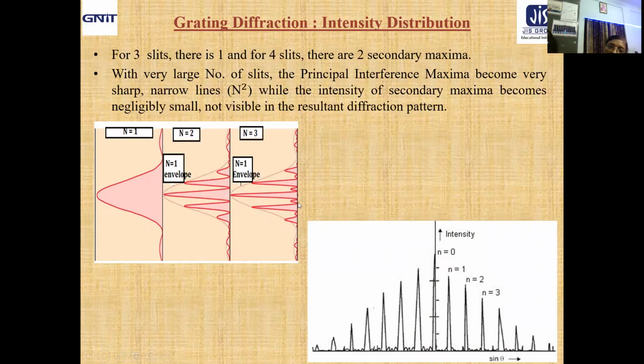That means in between two minima, how many secondary maxima are you getting? One. Similarly, if you increase the number of slits, it will increase more and more. Here, 1, 2, 3, 4: 4 minima you are getting. So the number of secondary maxima is 3. That means the total number of slits considered here is N equal to 5. So they are even sharper and narrower. So this is the situation, and I hope all of you are understanding it very clearly with the help of these pictures, isn't that?